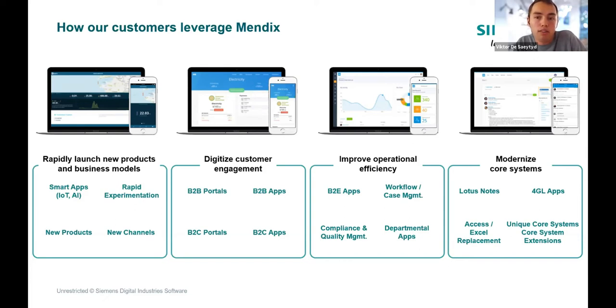And then a third one is to improve operational efficiency. It's more internally focused, but is often a huge enabler in order to make the factory smarter. So to make certain workflows, to manage them, or to manage your quality, and to do inspections, for instance, before goods come in. And also the fourth category, to modernize core systems.